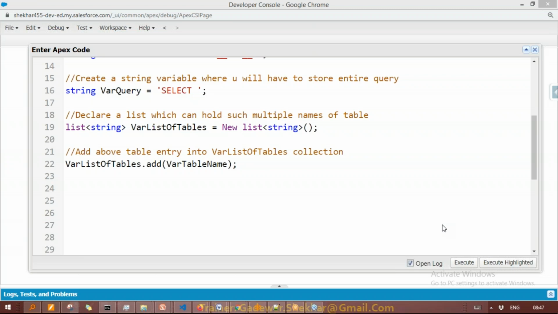Now we need to understand some important thing. Please note that there is a very important and useful class in Salesforce that will give you the details about your objects and fields, etc. Let me tell you that also here.